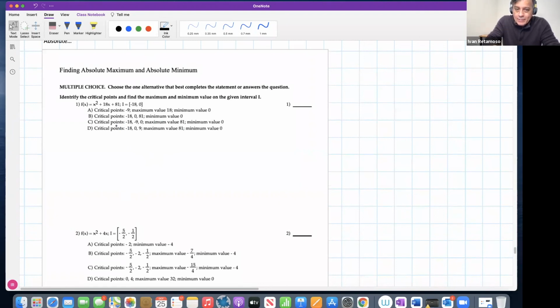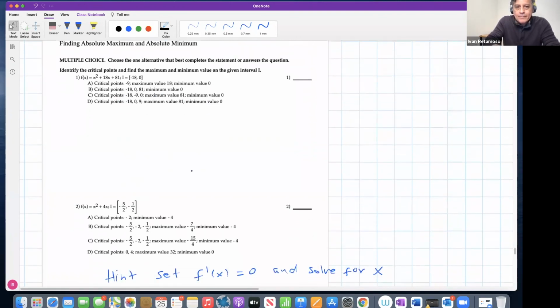Because of the U shape, right? So be careful there, guys. Okay, so